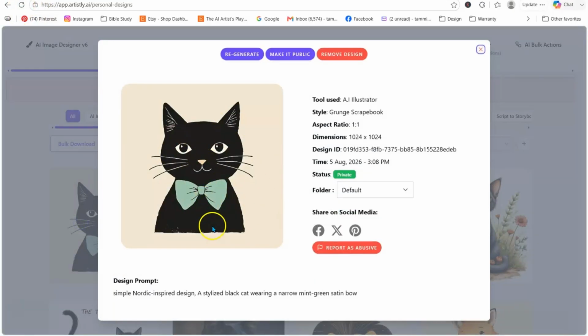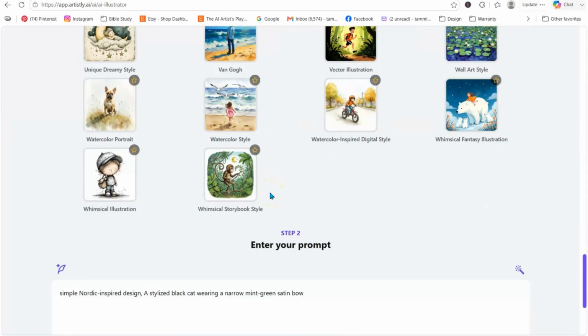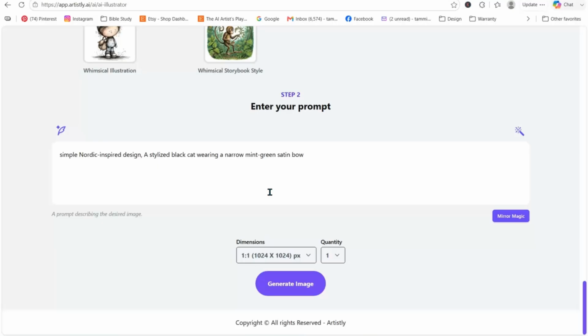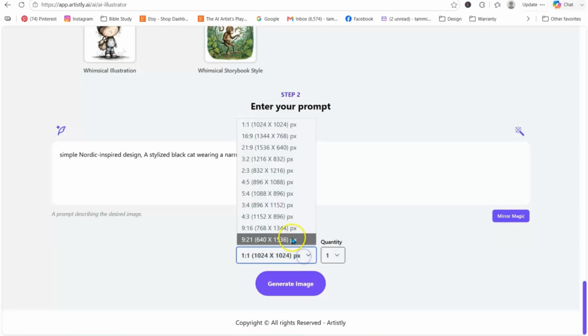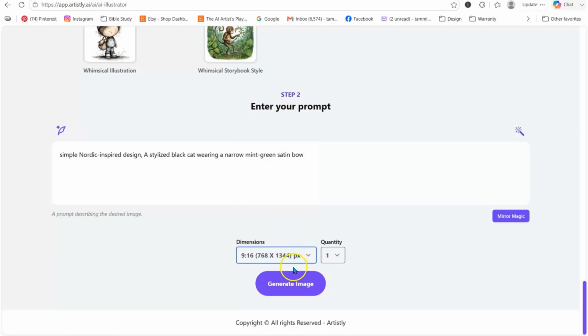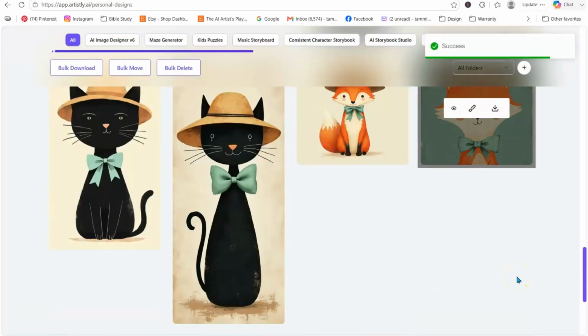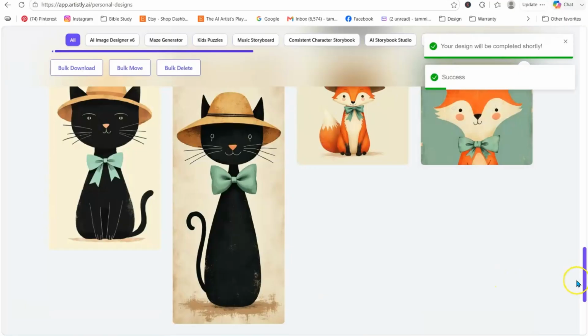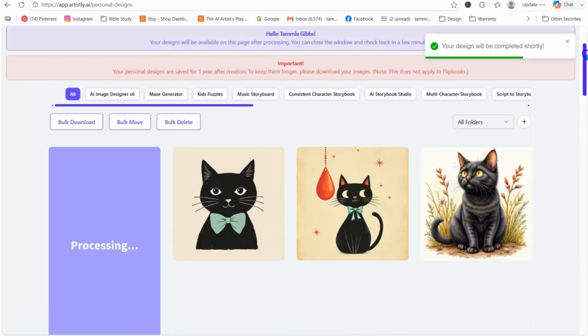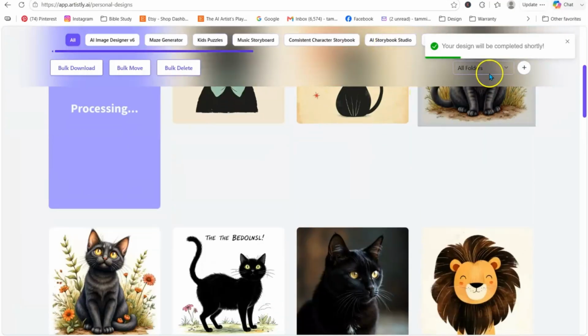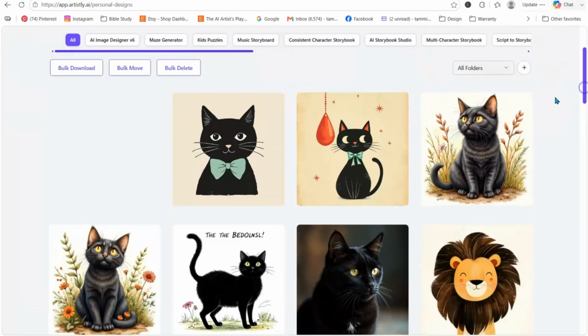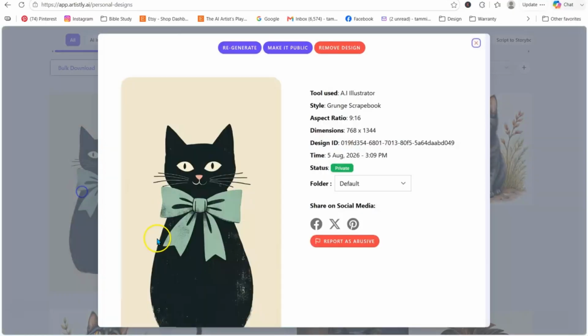Okay, so now it has given us this style. We can also go down here, and this is another thing that you can do when you get a look you like. You can also change the aspect ratio. I've talked about this in the past, and it will give you a different little look. So now we have